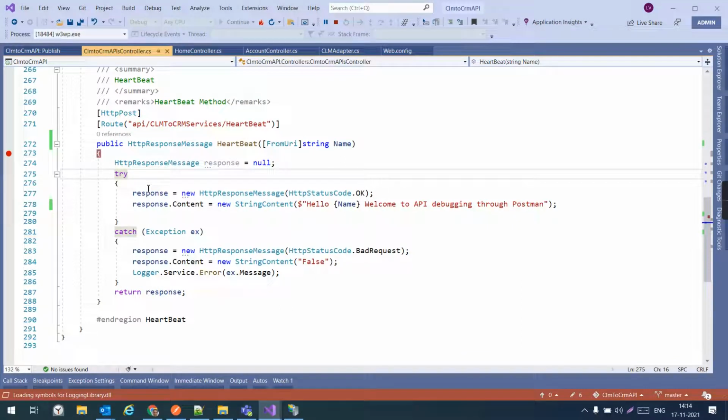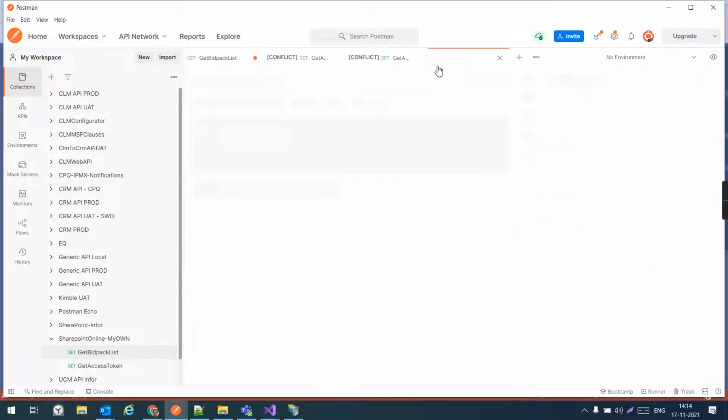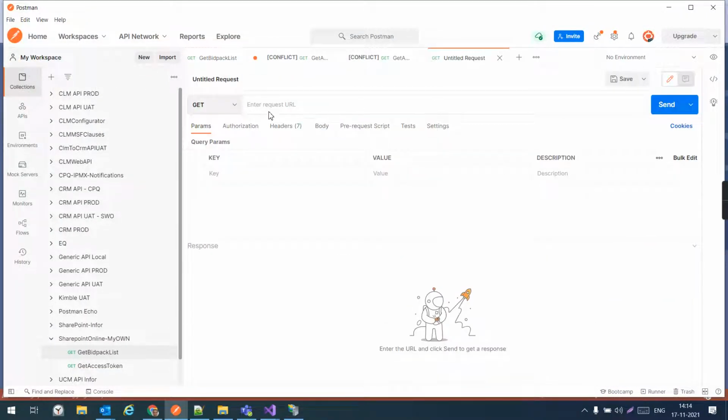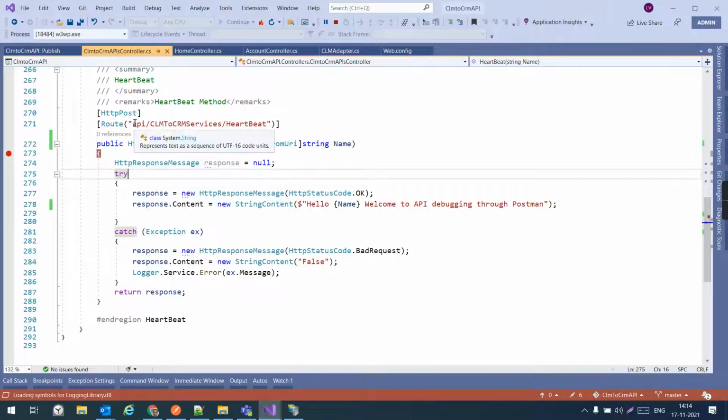Now we need to browse this through Postman. So for that, go to Postman and click on new tab and paste the URL that you want to browse. So for that, go to Visual Studio, and this is the URL: API to CLM services, CLM to CRM services, and Heartbeat.